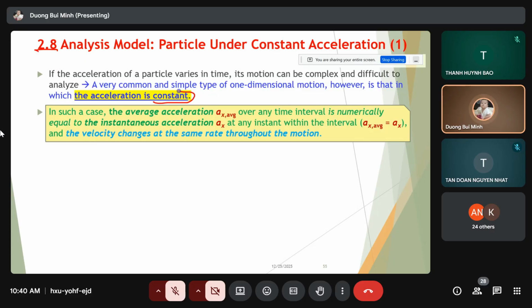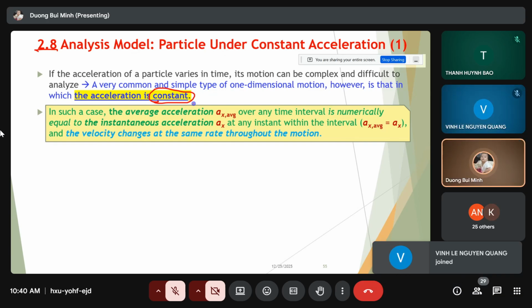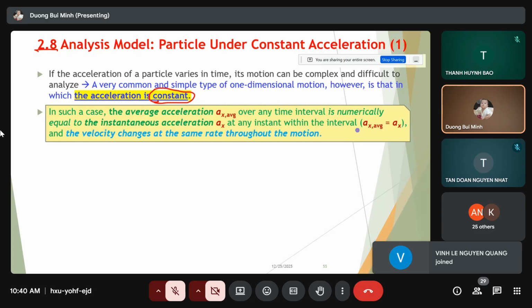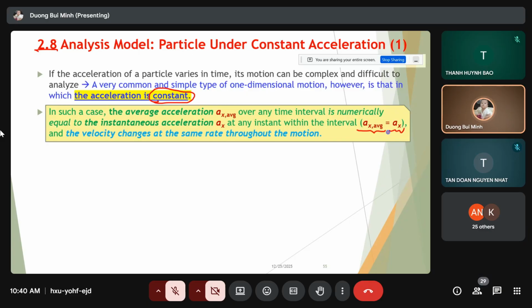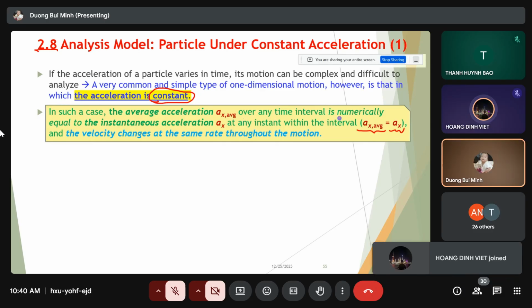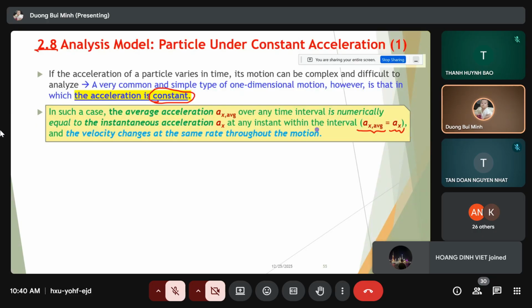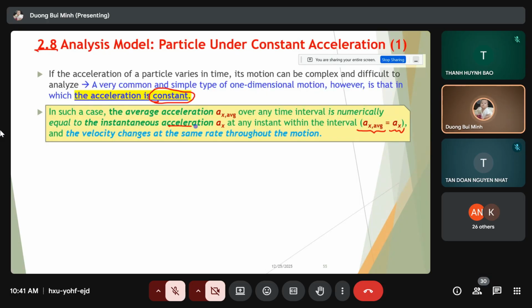This condition is satisfied if the average acceleration is equal to the instantaneous acceleration. In such a case, the average acceleration over any time interval is numerically equal to the instantaneous acceleration